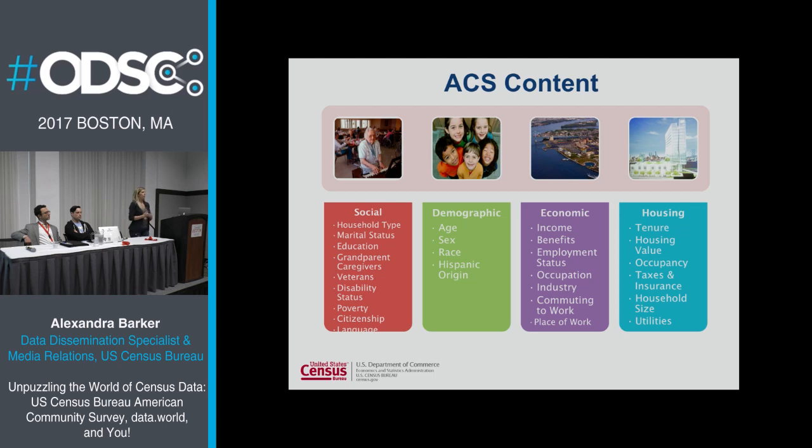What is the ACS sample? That's a good guess. We usually get something much lower than that. Yes, it's about 3.5 million addresses that are selected every year to be in the ACS sample. Taking into consideration that we're going to interview everyone in the household, there are more interviews than actual addresses. But at the same time, you're dealing with addresses that, because it's random, could be vacant, could be demolished, could be an empty lot. So all of that is in our master address file, and it's just randomly selected from there.